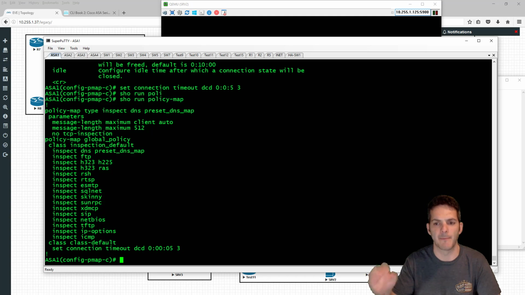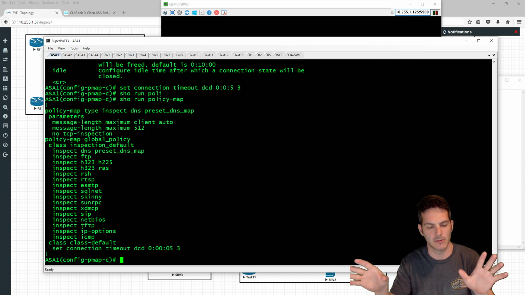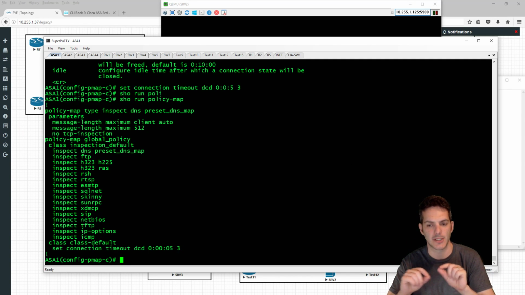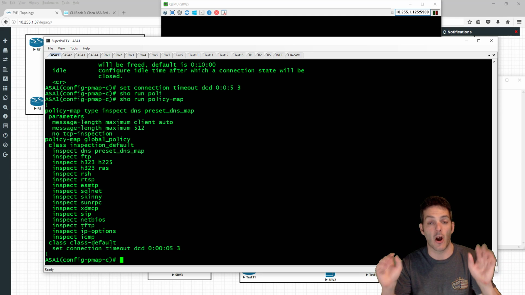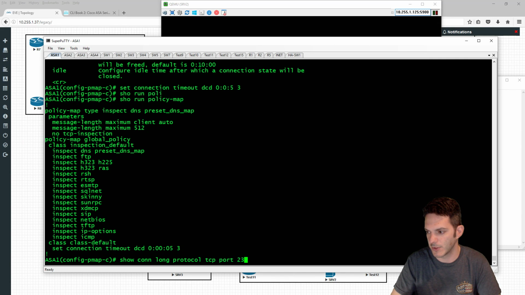Now what's going to end up happening is the ASA will send a TCP probe to the source and destination, so the server and the client, with the acknowledgement bit set, in an attempt to say, are you still alive? And if you get the acknowledgement back, that means that the connection is still up. So if I hit the up arrow a couple times and I go to this output right here,